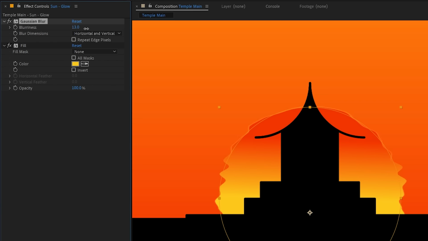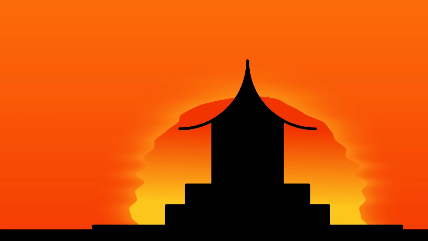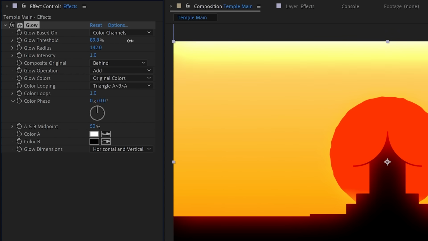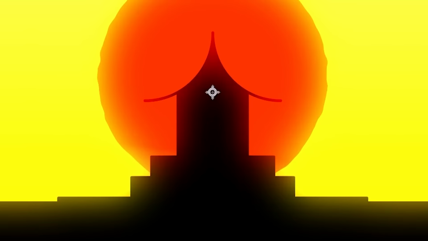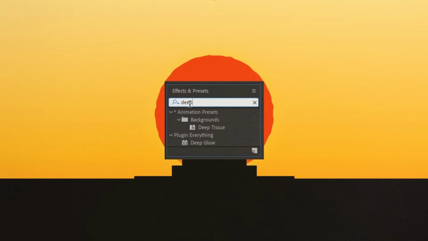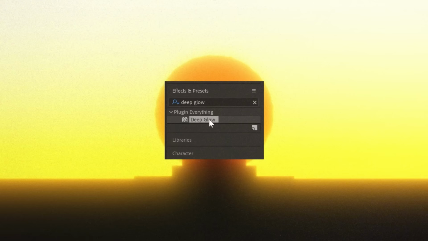I also added a duplicate version of the sun behind the original, colored it yellow, and blurred it out so that it appeared to have a yellow glow. But it needed more glows. A lot more glows. And the regular glow effect from After Effects just wasn't cutting it. I loved how the red and yellow of the sun and sky bloomed over into the shadow of the temple, but it was nowhere near enough. So I brought out the big guns. Deep Glow, which is a paid plugin,